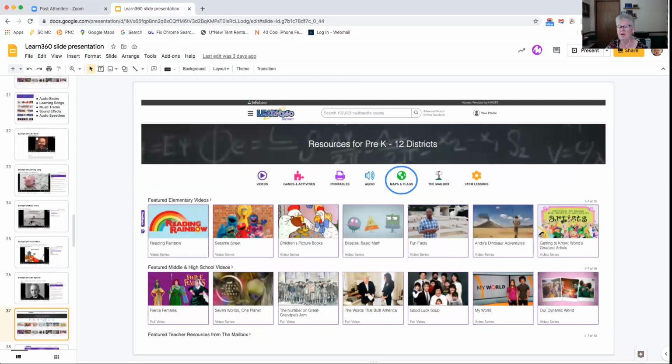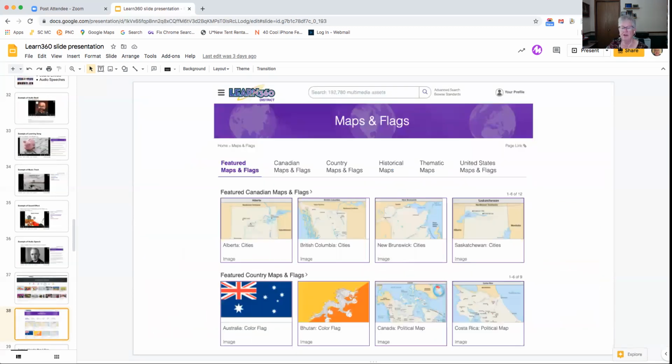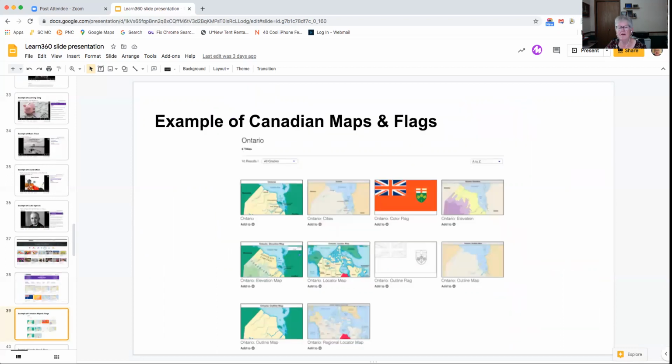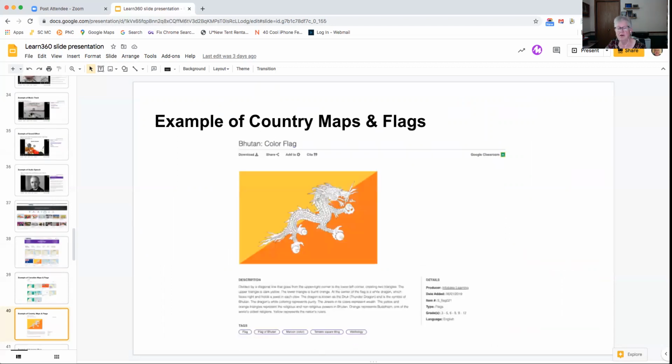Next section is maps and flags. So when you click on that, here's your landing page for maps and flags, and you can see at the top the featured one this particular day was featured Canadian maps and flags, countries, maps and flags. And so I clicked on the Ontario, and you can see there are 10 different maps and flags images that you can click into. This is another flag that you could get,